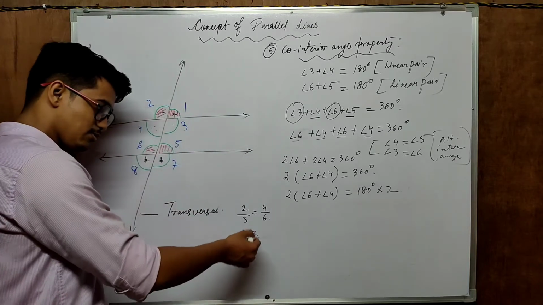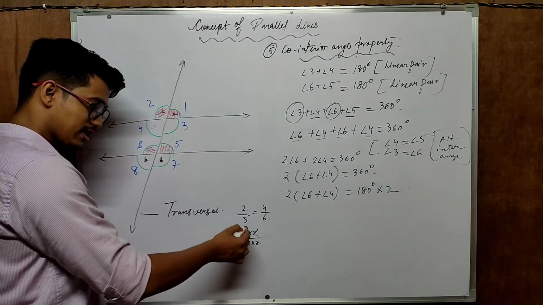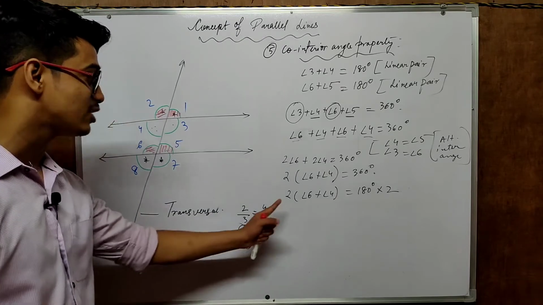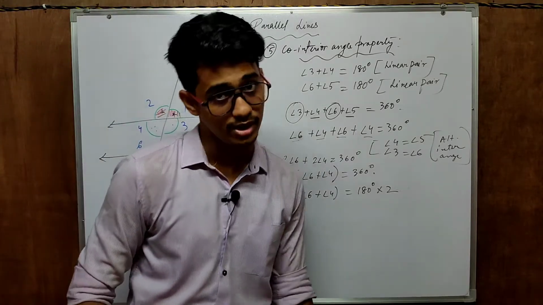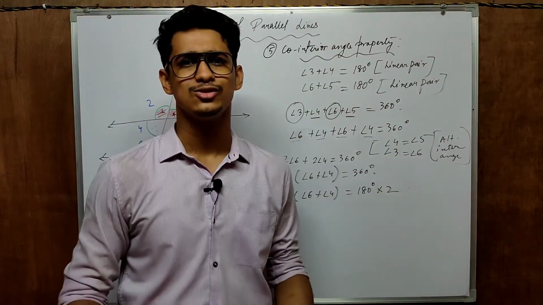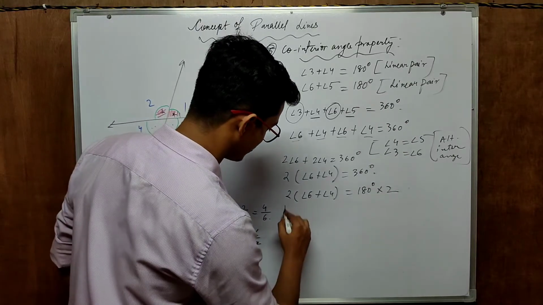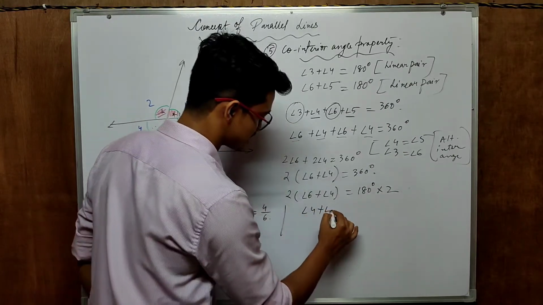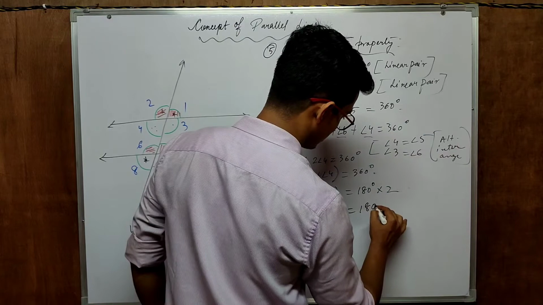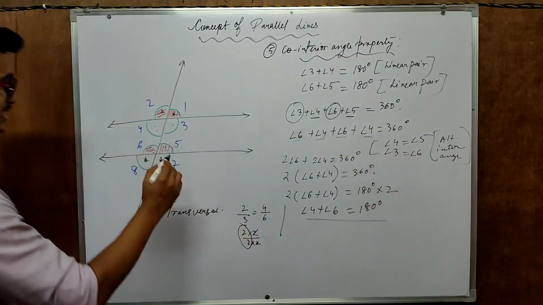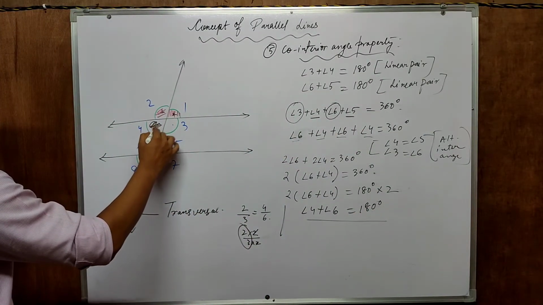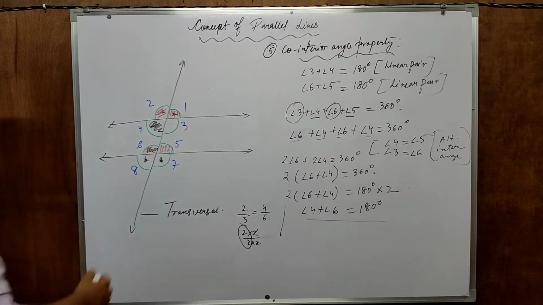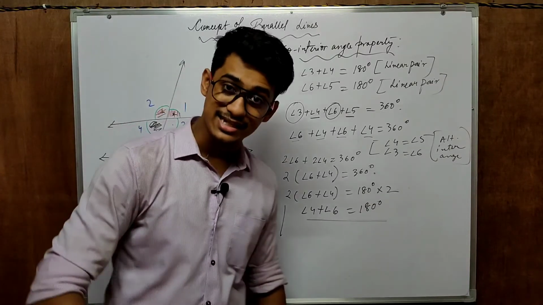So if I just remove this 2 and 2 over here, we can get the original answer. Here 2 and 2 both are getting multiplied. So if I just reduce this 2 and 2, what do we get? Angle 4 plus angle 6 equal to 180 degrees, right? So finally we get angle 4 plus angle 6 equal to 180 degrees, and that is the new property